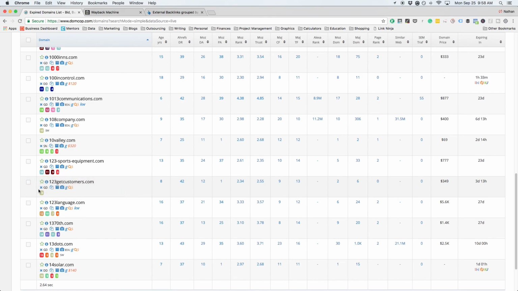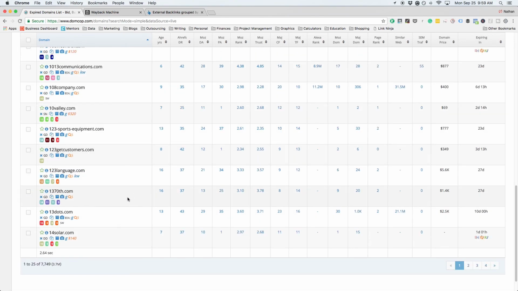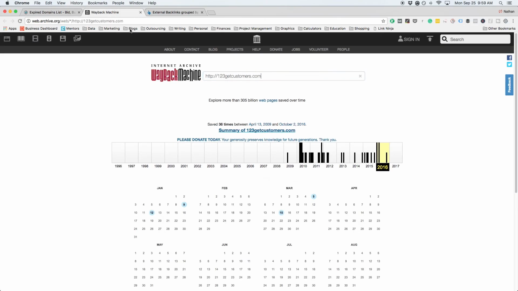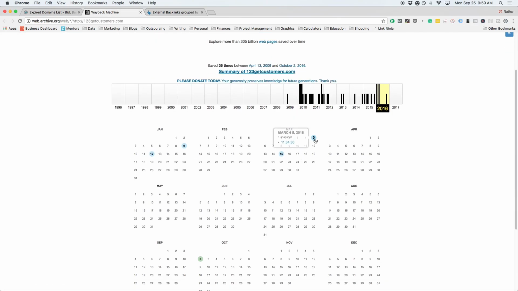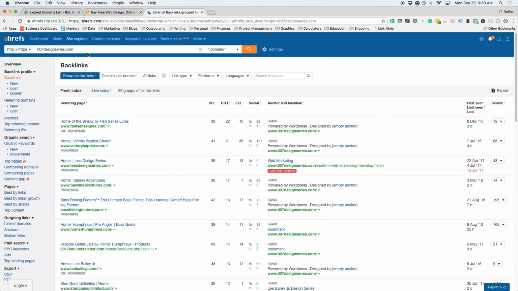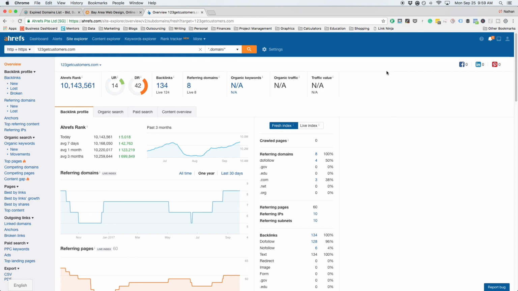And one thing you can do if you really like a domain is you can just hit this little star button, and it will add it to your watch list, which you could go on and do further analysis on later on. So let's go ahead and take a look at this website and see what it looks like. So it looks like it is another web design company. It also looks like, based on its history, that it hasn't been spammed in the past, so that's a really good thing. So now let's add this domain to Ahrefs to do our second qualifying method.